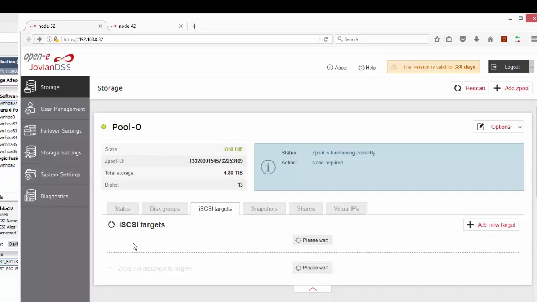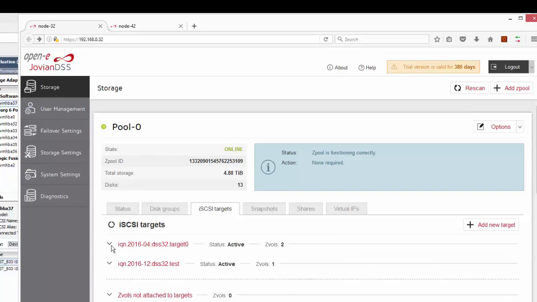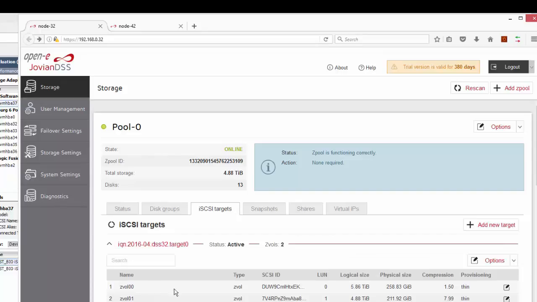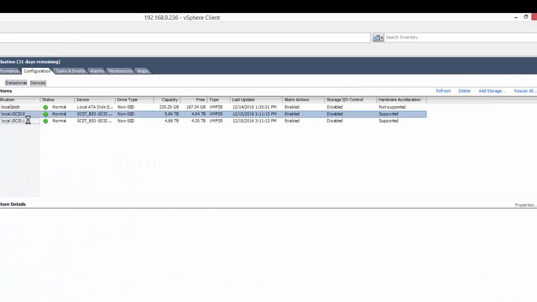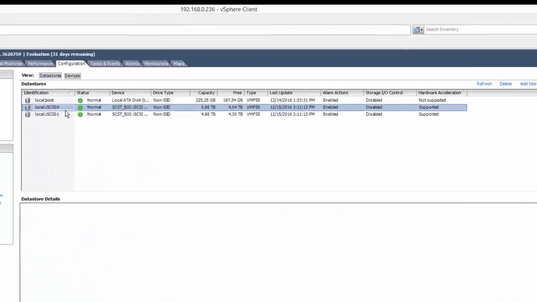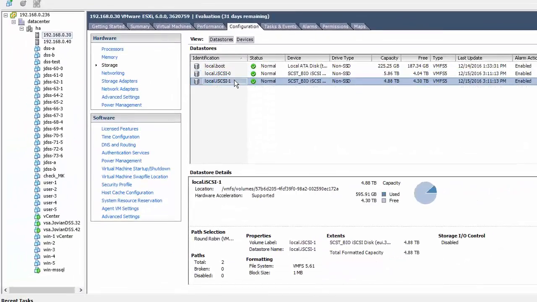In normal cases, we will mostly have one iSCSI target per volume, but here I have one target and two volumes, and both volumes are exported to our VMware, and we have both here. So we have created an iSCSI failover cluster as a virtual storage appliance in both VMware 6 nodes.